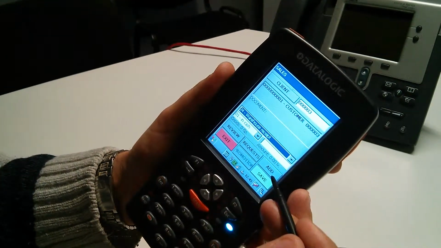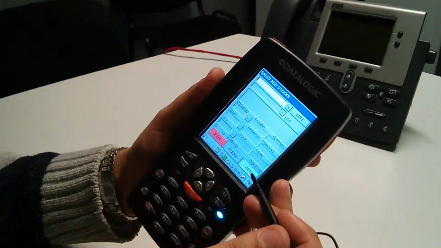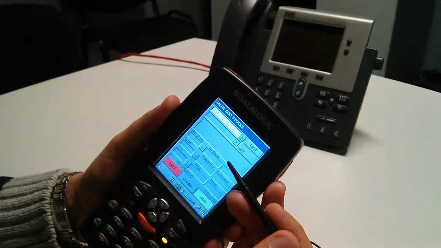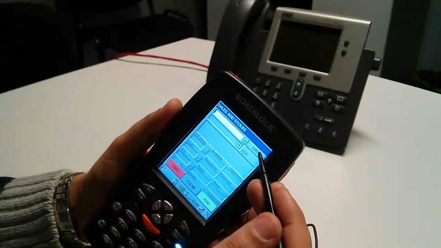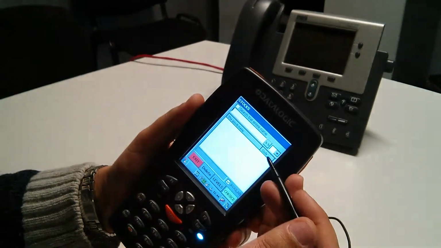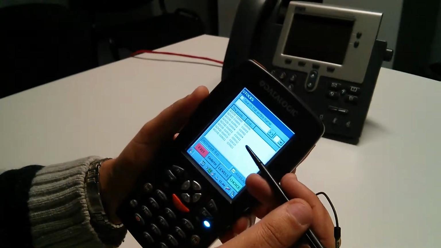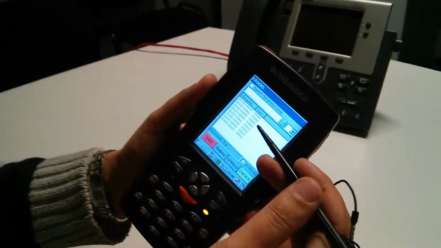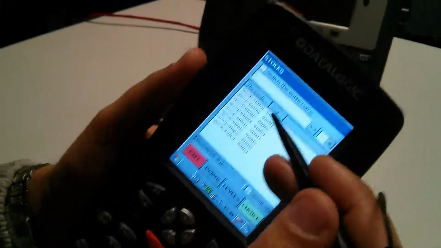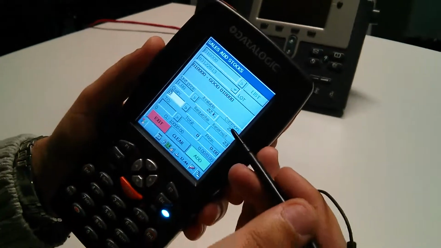To add articles to the document, you need to press the button add, and now in this screen you can scan the barcode of the goods or search goods from the list. Select list, press this button, and I see all goods loaded in VanAssist that have quantity. Select a good and you see all information about this good.